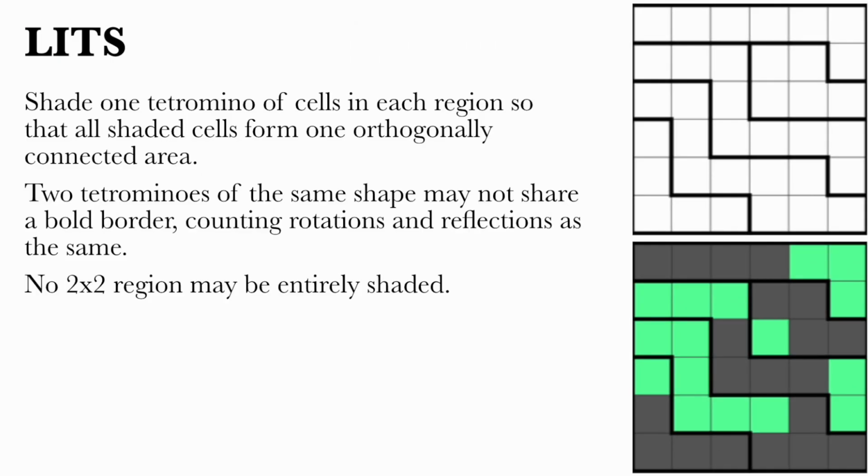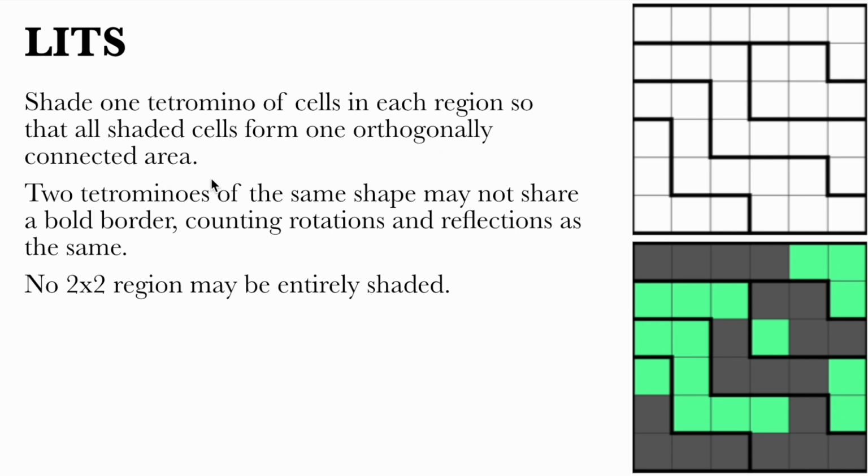together. So, if you have not seen one of these at all, go back and watch the earlier video on a LITS. But if you just need a refresher, we will take a quick look at the rules. LITS is a puzzle that is named after the 4 shapes that we will be drawing in the grid. The rules are: shade 1 tetromino of cells in each region so that all shaded cells form one orthogonally connected